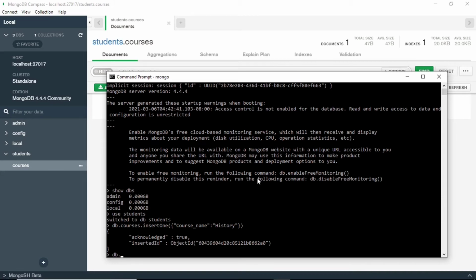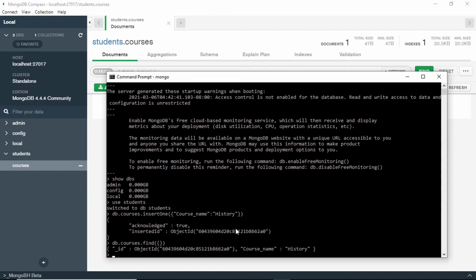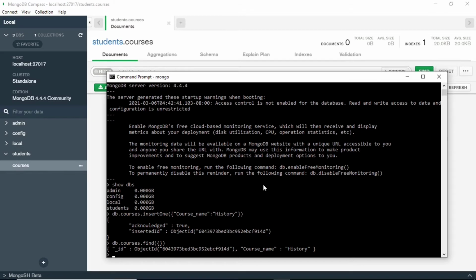Okay. Now let's query this. I'll use db.courses.find. Find will return all the records in the collection. To update a record, we can use db.courses.update. And by the way, the command line has autocomplete, so you can just type the beginning characters of the command, and then pressing tab will complete the command. Now we have to type the search criteria. This should be course name equal to history,